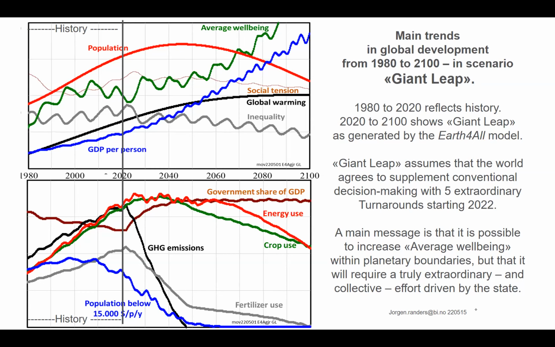Luckily, the team in general are totally different. They're much younger, and they have the belief that if we just communicate this message well, we will be able to convince a political majority to pay what it costs, or to introduce the legislation that is necessary in order to get the 5 turnarounds changed.